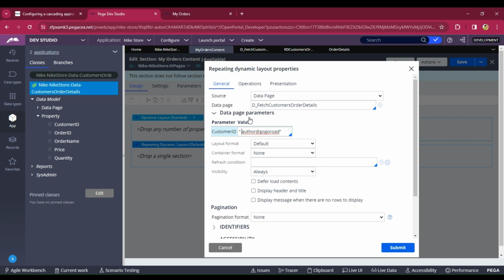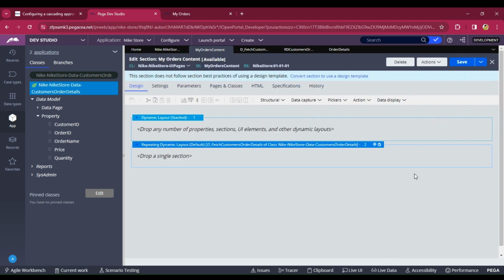But in your scenario, if you're using dynamic customer IDs, for example, multiple customers login and checking the details, you have to pass the property, that is the admin portal or pyUserIdentifier, like that properties you have to use. And click on submit, and please don't click on save, and just go to this App Explorer,